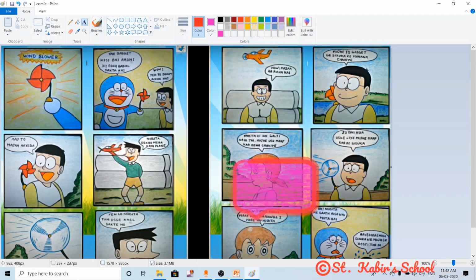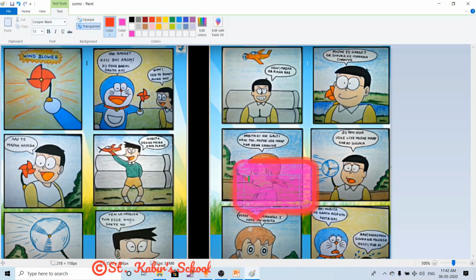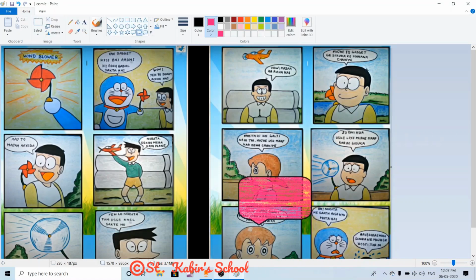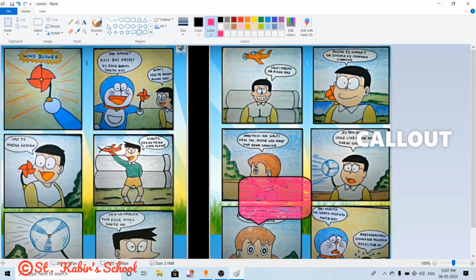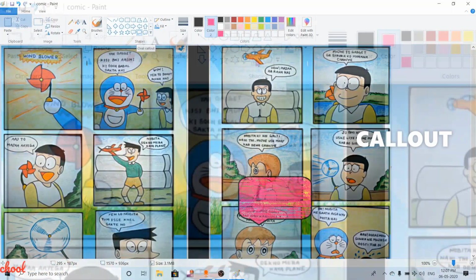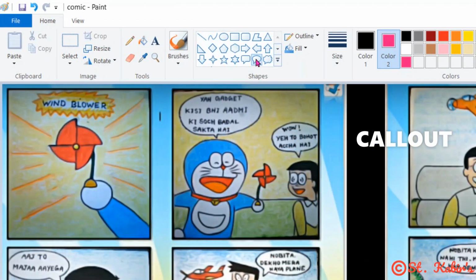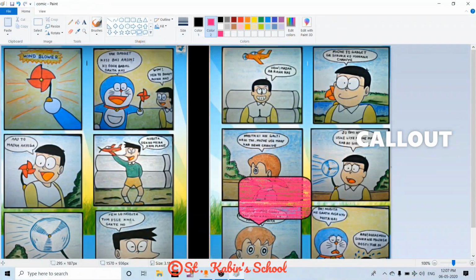Click on text tool, draw a text box here, write a dialogue, whatever dialogue you want to show in this callout. Second one is oval callout. This is oval callout. This one. Click on this callout.